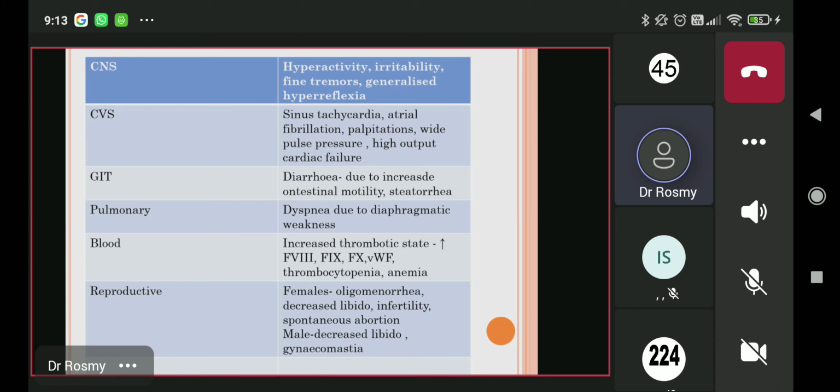But that also should make you think, or it should strike you, that you have to evaluate the thyroid for them. Then some females will say, I'm able to conceive, I become pregnant, but I'm never able to carry the pregnancy to term. That is, 9 months of gestation is not there for me. It is because there is a chance of spontaneous abortion. She will say the baby gets spoiled on its own, meaning I become pregnant but the baby is repeatedly lost. So there is a bad obstetric history, a bad gynecological history.